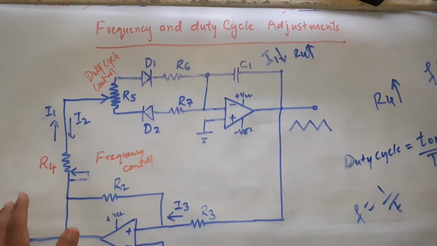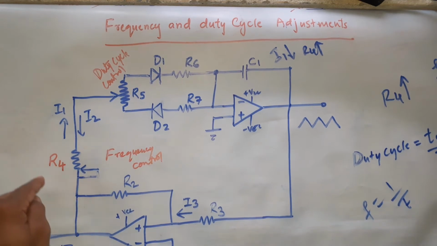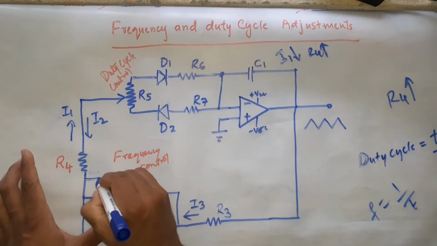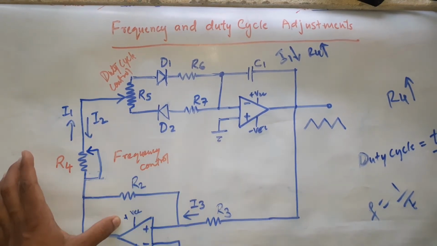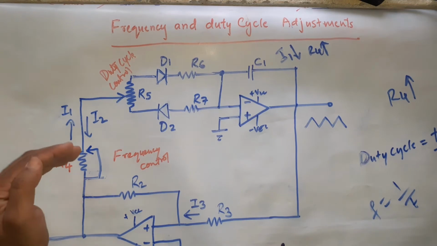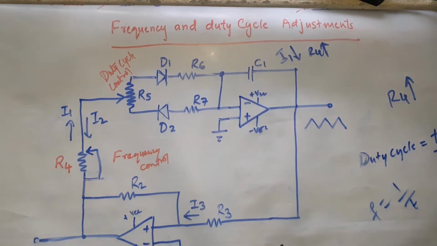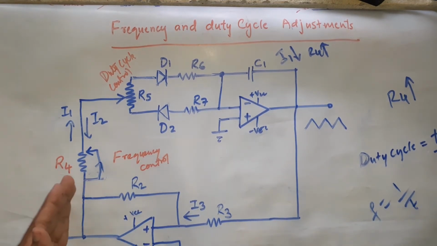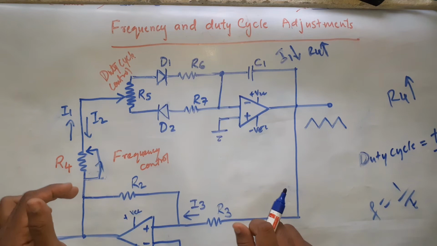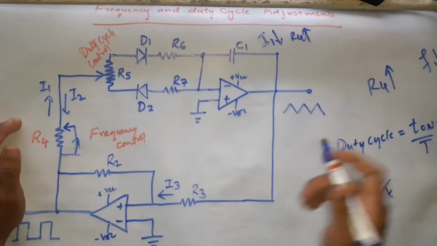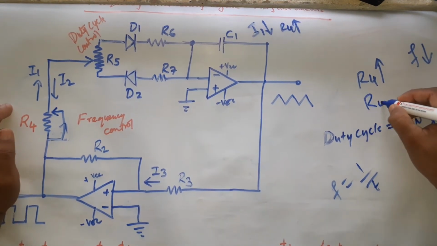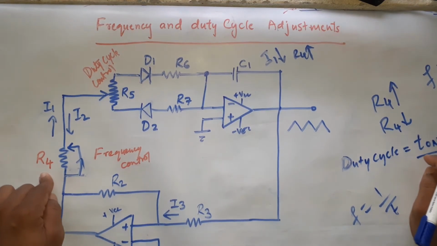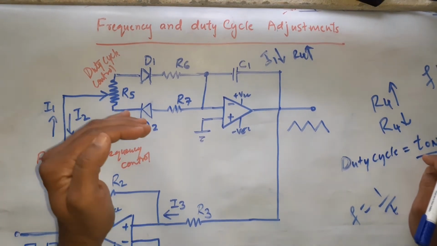Okay. Let us analyze in the opposite way. If resistor R4 is decreased, what do I have to do? I have to jump this and connect here, so that the effect of resistance is excluded from the circuit. So the whole current will flow like this. It jumps, it doesn't flow through R4. Now, I am taking the opposite. With decrease in R4, what happens to the current? Current will increase. Yes, very good.